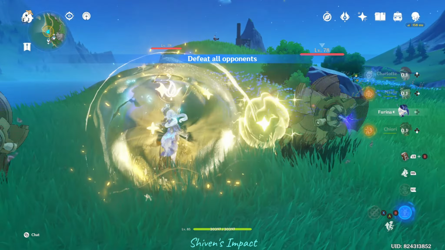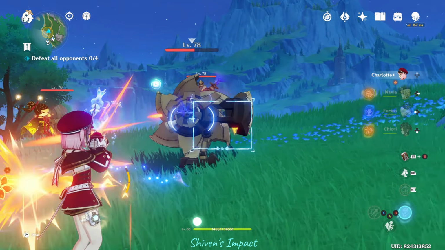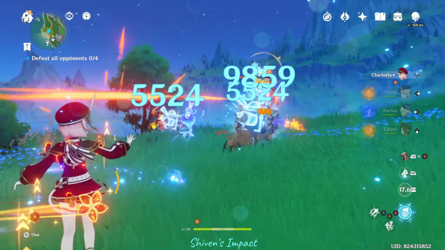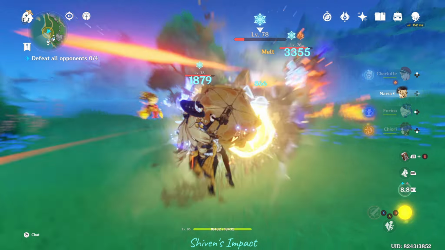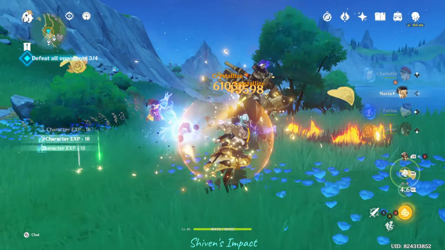Anyways, yeah, here's the Navia team. I just recorded this for fun. Was finishing my resin and I was like, we'll just record something fun. Over here I'm using Furina as a healer. I mean, I've built my Furina in such a way that she can deal DPS or she can heal,